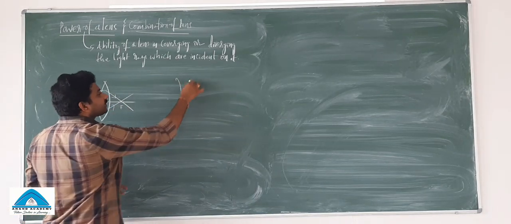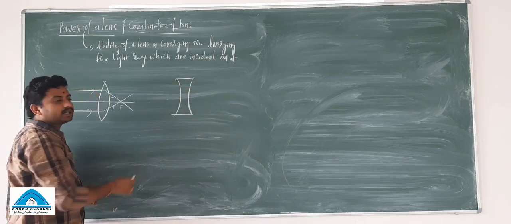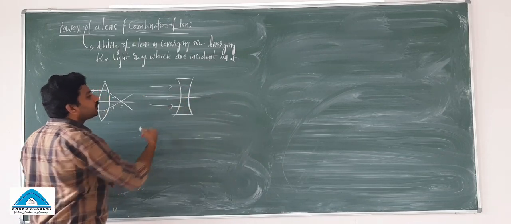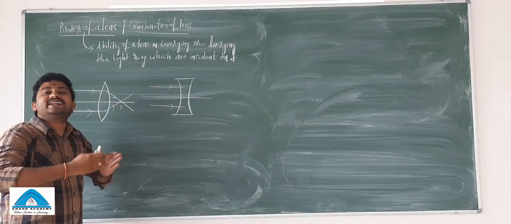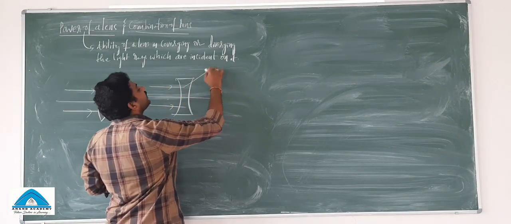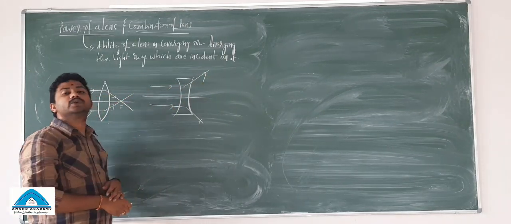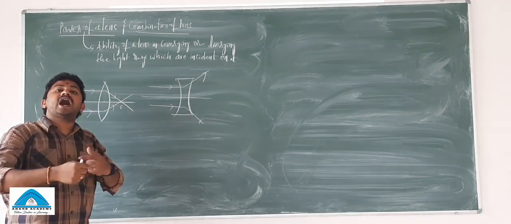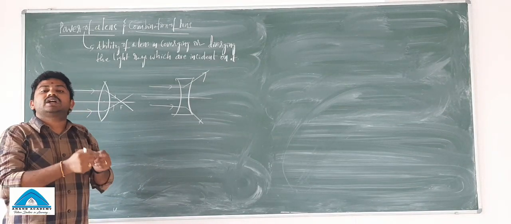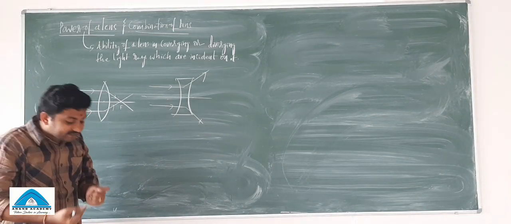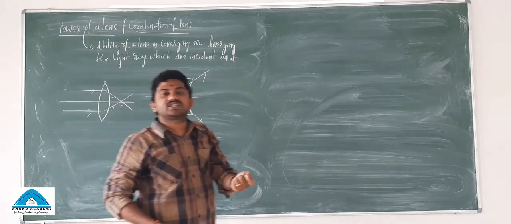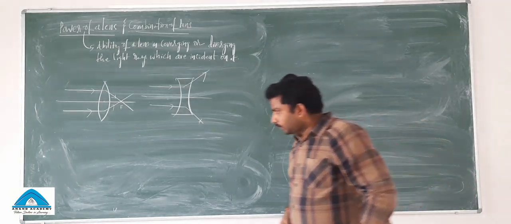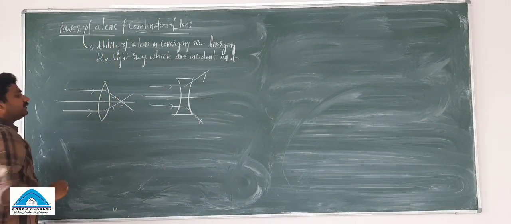In the same way, there is a concave lens also that I have considered here. So this is the principal axis. If two light rays are incident on it, how able the lens is to diverge the light rays incident on it, that gives you the power of a lens. If it is more efficient or has more ability to converge, that's called high converging power, and if it has low converging or low diverging nature, that's called low power. That may be any lens. So this is the power of a lens.